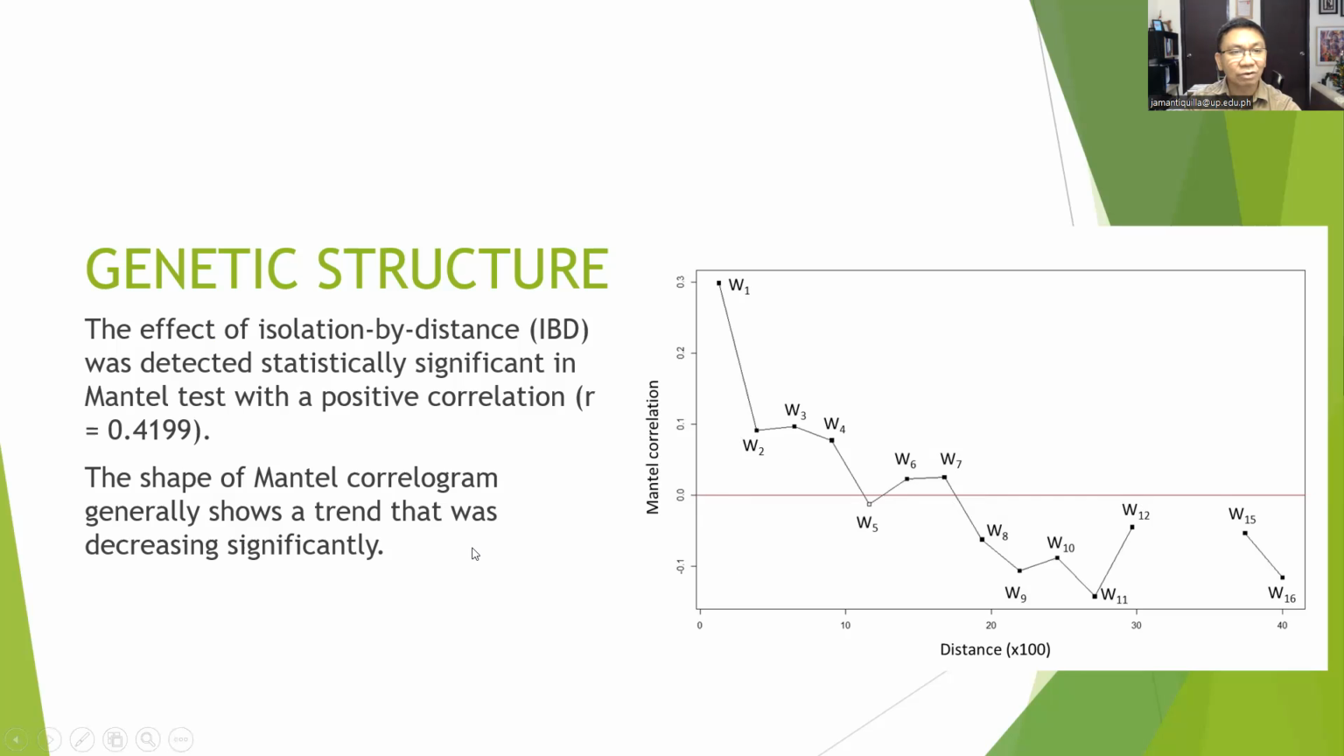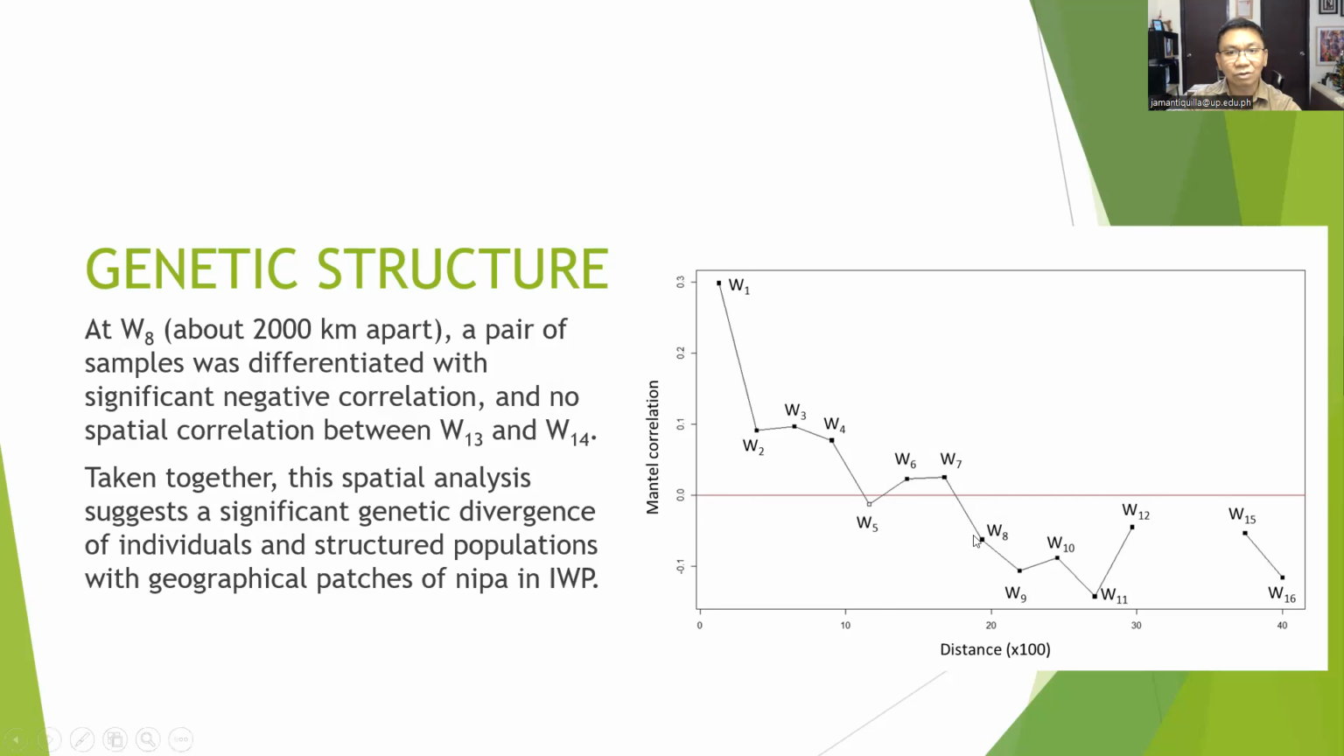So the shape of the Mantel correlogram generally shows a trend that was decreasing significantly. So at distance class 8, that's about 2,000 kilometers apart, a pair of samples was differentiated with significant negative correlation, and no spatial correlation between distance class 13 and 14. So taken together, the spatial analysis suggests a significant genetic divergence of individuals and structured populations with geographical patches of